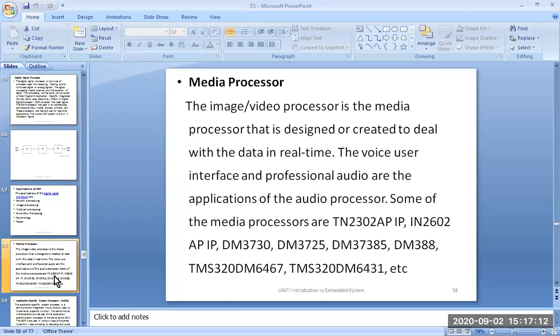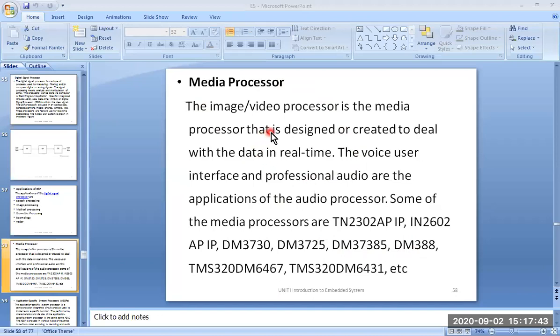Next, those are the media processors, and we have given some type numbers also. You can look at the data sheet for further details. These are the popular media processors which are used in professional audio equipment, in TVs and so on. If you have a chance to open a TV and see the different parts at the back side of the TV set, you will find some of these media processors.